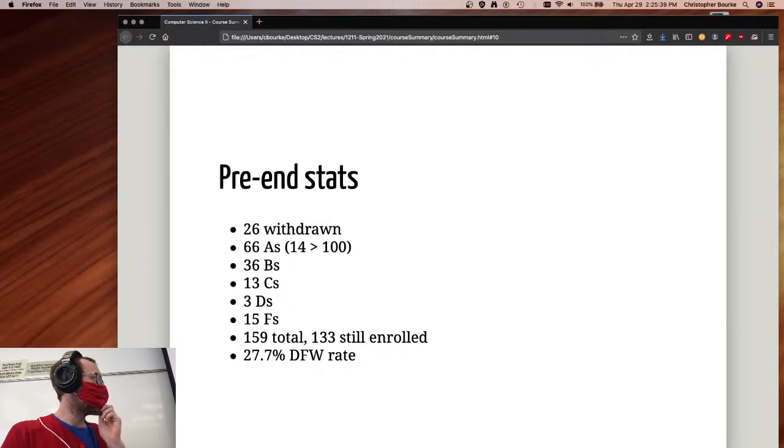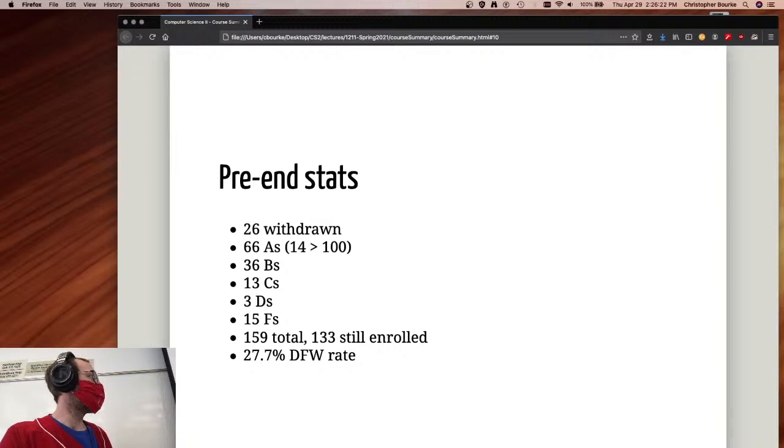This is both the honors and the main section together here. There's at the census date, that is the date after which you could get a full refund or something like that, I forget. There were 159 total enrolled. Right now we have 133 still enrolled, so that means 26 folks have withdrawn. Now some of them, a minority, but some of them withdrew with good grades. And they realized computer science is not for them, or they needed to focus on something else, or again, COVID, they had to refocus their efforts on something else, and they'll be back. And if you're out there still watching, please do come back eventually, right?